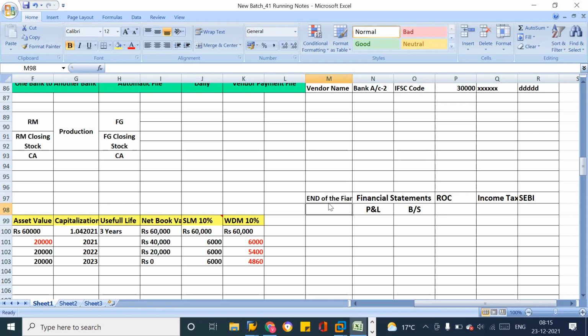Yes, sir. But if you see some news, everyday newspaper or business news, does anyone have the habit of seeing the newspaper? Yes, sir. In every newspaper, there is a business page. If you observe the business page, we are going to see that after the first quarter, 3 months,